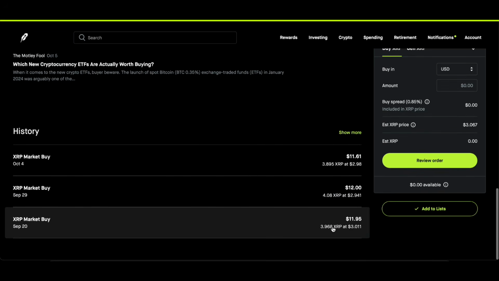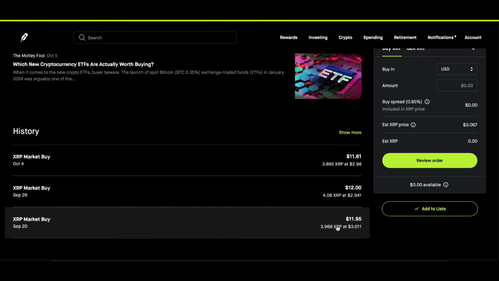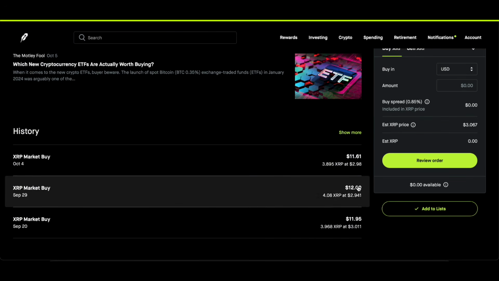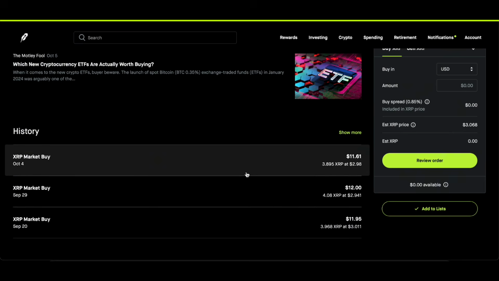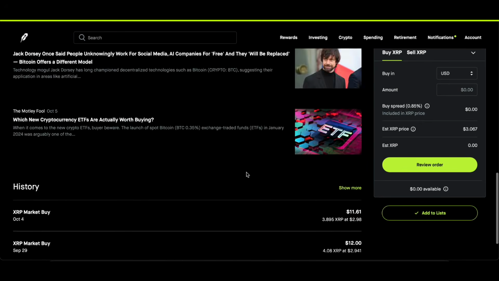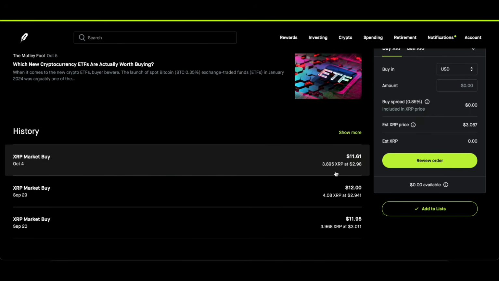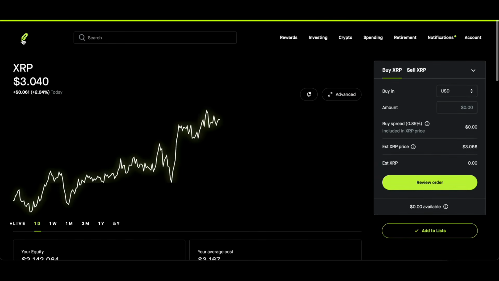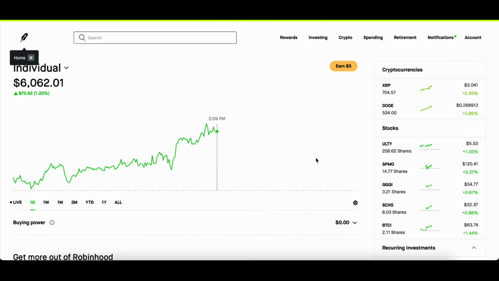So if you see here, the position that I have in XRP, I'm adding almost 3 to 4 shares every single week based on the cost of Ripple at that time. And then I'm investing in it every single week. So 28, 29, 4th, all of these are my buys from my previous ULTY dividends. What I do is I split my dividends in half. So I got paid $23.61. I put $11.61 here to buy some XRP,